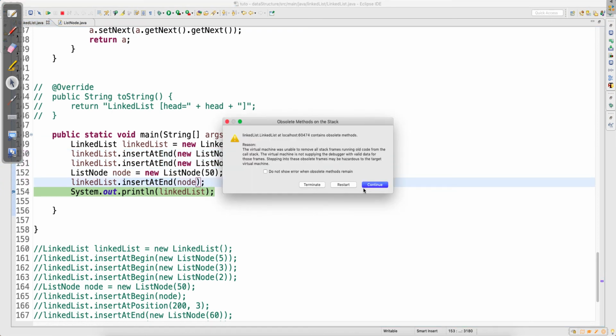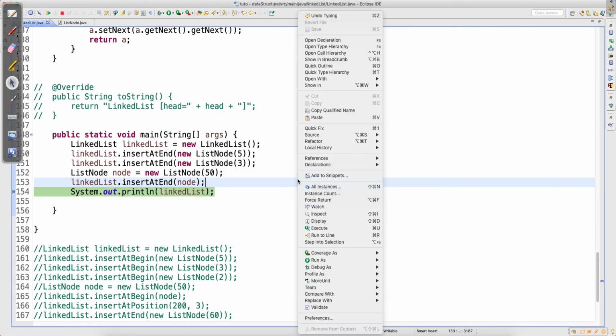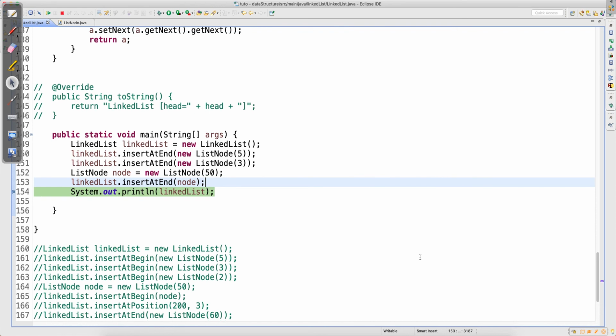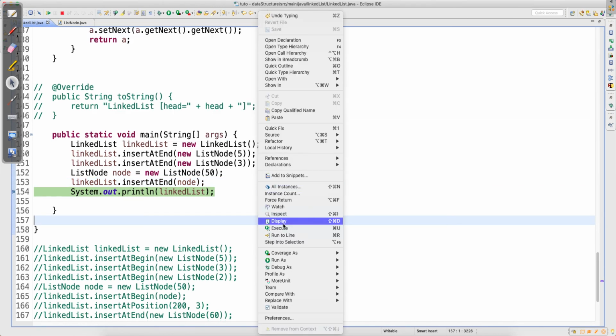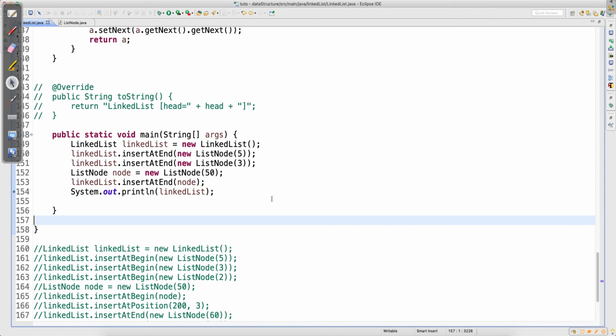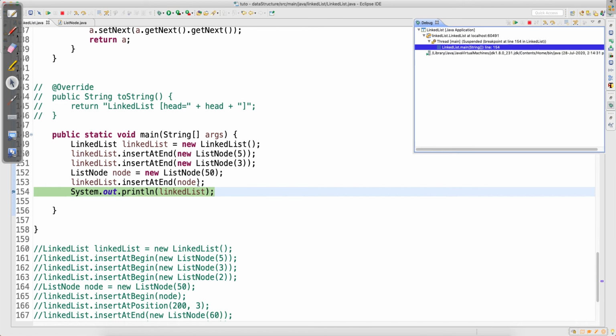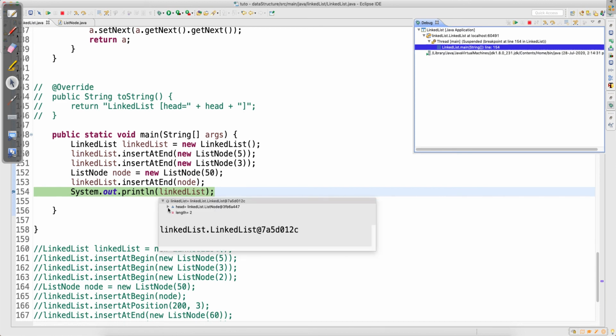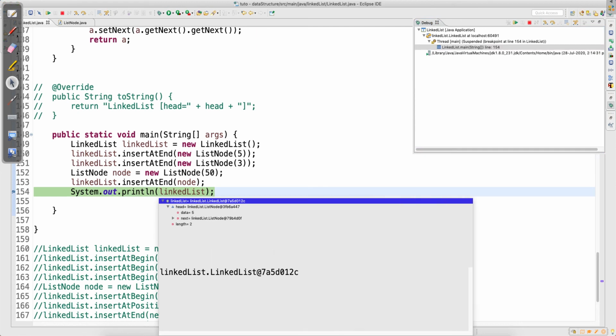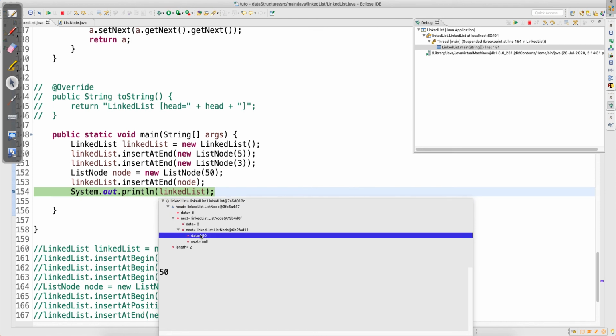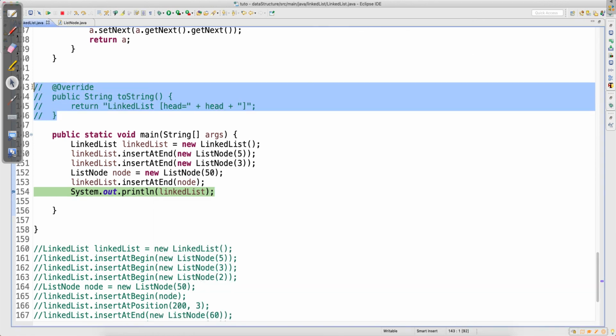In this case, guys, what happens is it will be reverse, in the sense that it will follow the sequence. Now, since I have commented out toString, I will run in debug and show you here. If you look here, the 5 is going to be your first, 5 next is going to be 3, and 3 next is going to be 50. So you are adding at the end, and automatically it gets added at the end because of the way we have written the logic.